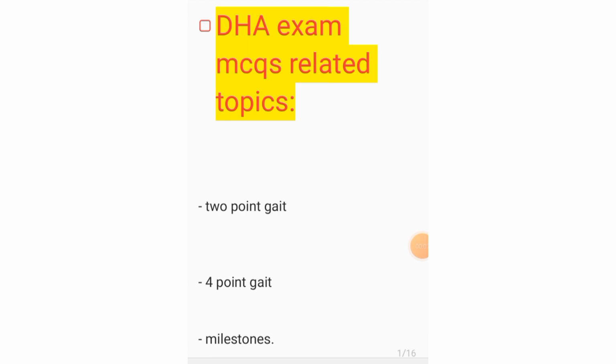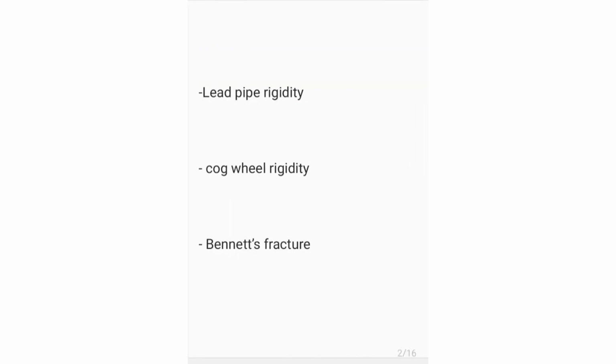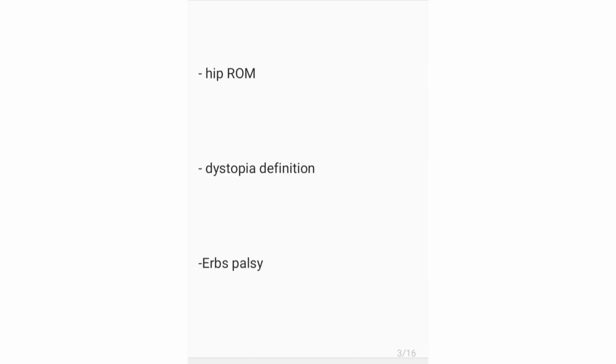Exam MCQs related topics: 2-point gait, 4-point gait, milestones. As I always mention, milestones are very important. Lead pipe rigidity, cogwheel rigidity, Bennett's fracture, hip range of motion, dystonia definition, Erb's palsy,